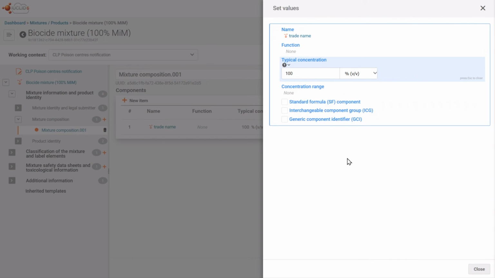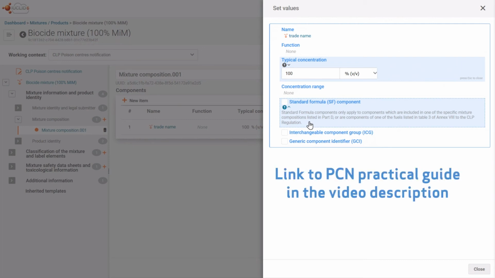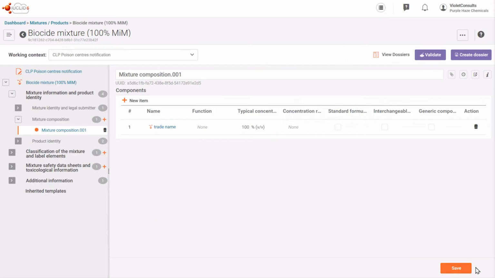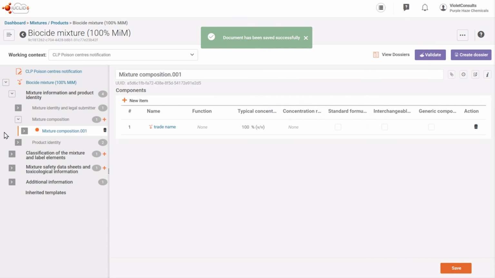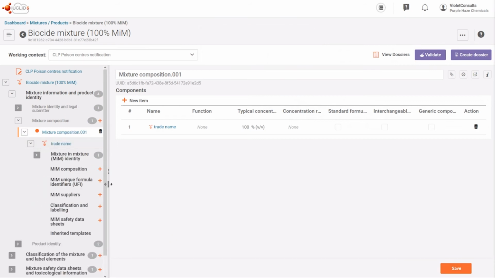If you're unsure as to whether or not you can use them, we do have help text available, but we also have very informative guidance documents and manuals on the topic. So we save this information